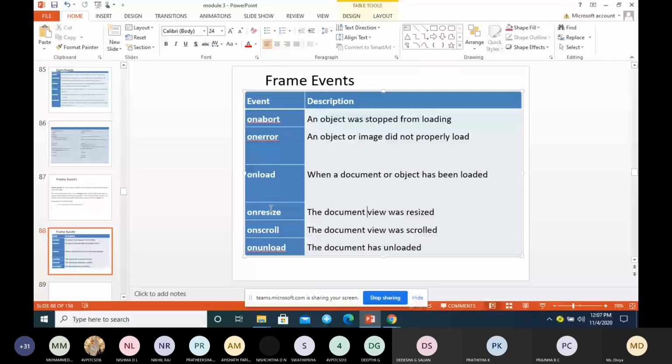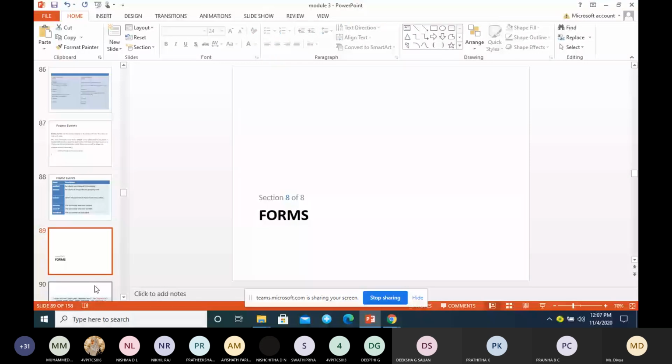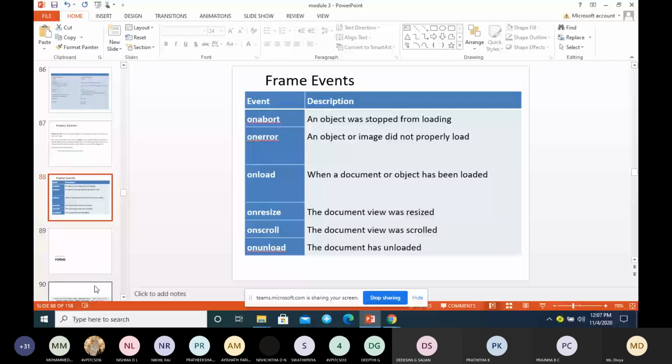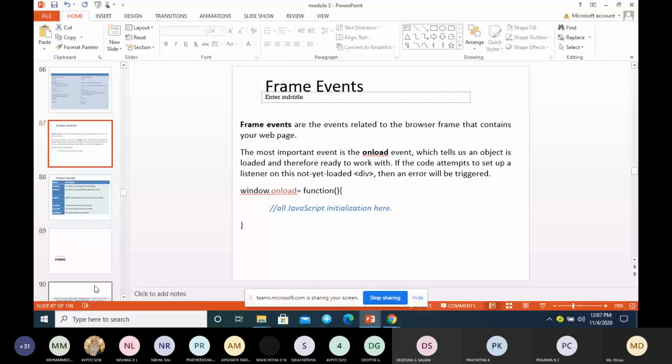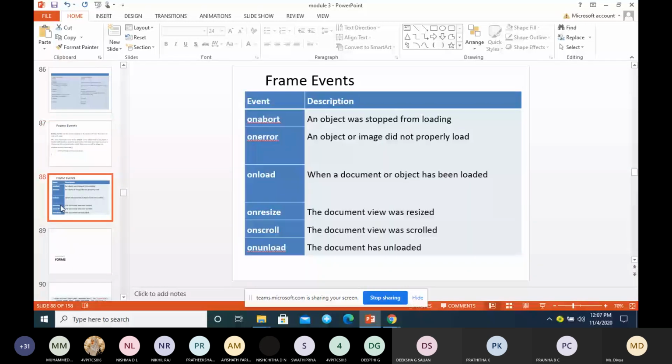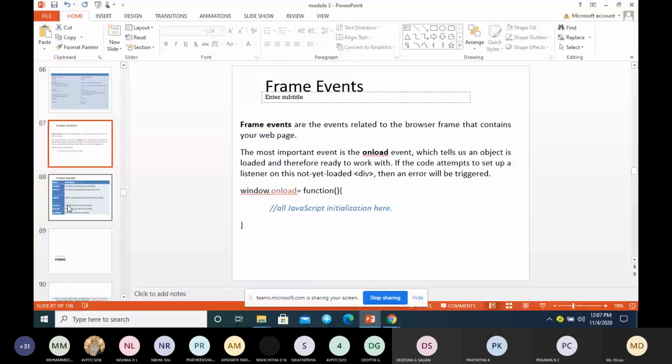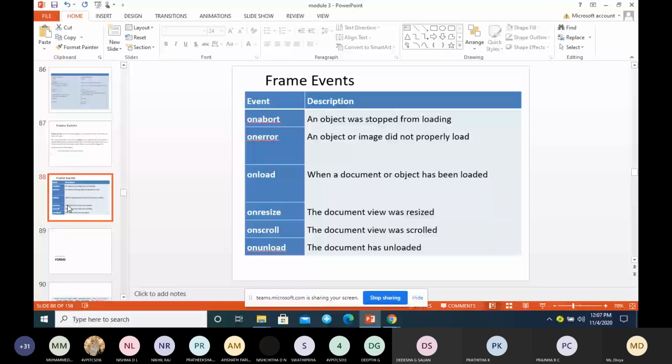Don't worry much about frames, because nobody uses the frame concept now. It is not supported in HTML5 and most of the browsers don't support frames. In HTML5 you have multiple column layout options, so you need not go for frames to divide your browser into multiple columns. You can use Bootstrap or CSS preprocessor concepts for getting multiple columns. So just make a list and write this, if they ask in the exam. So far they have not asked about frames.